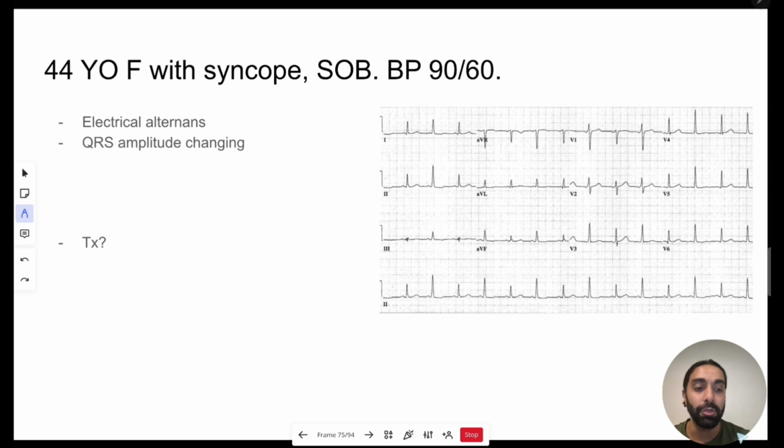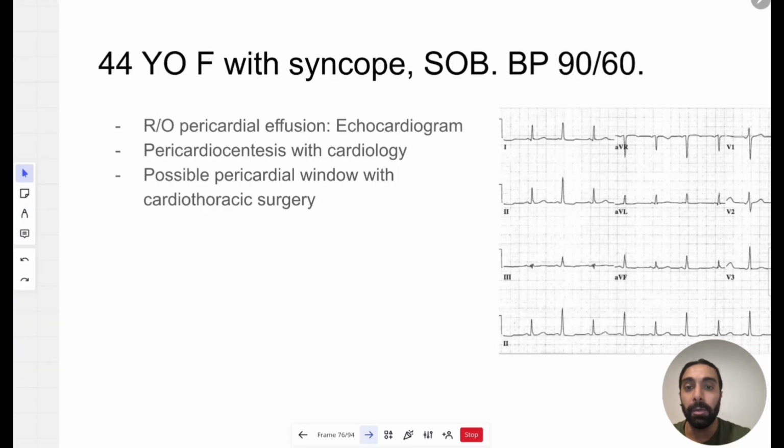And what is the treatment? Because this is a tamponade, you want to try to get rid of that fluid. So you probably want to get an echocardiogram, again, depending on what the question is asking. If they're asking what's the best next test to order, you definitely want to get a stat echocardiogram. But what's the best treatment for this patient? It's going to be a pericardiocentesis. If it keeps happening, then they can do a pericardial window, which is just a surgery where they take a piece of the pericardium to let the